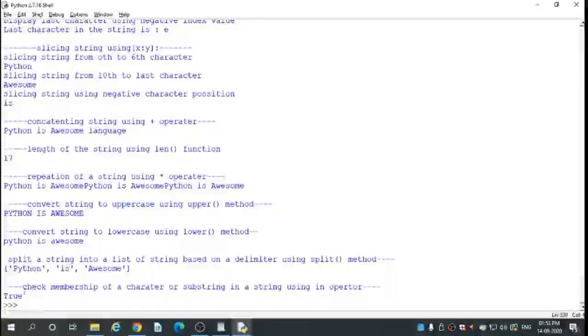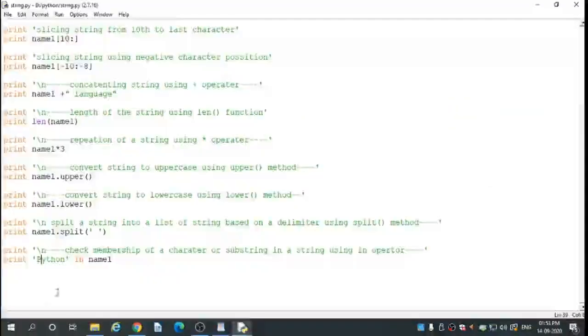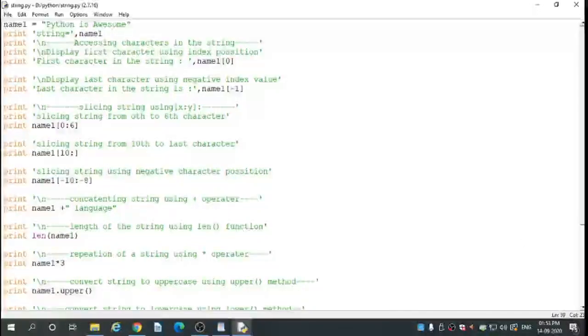So here check the membership of character or substring in a string using in operator. So here name1 is our string. I pass here one variable. That string is Python is awesome.